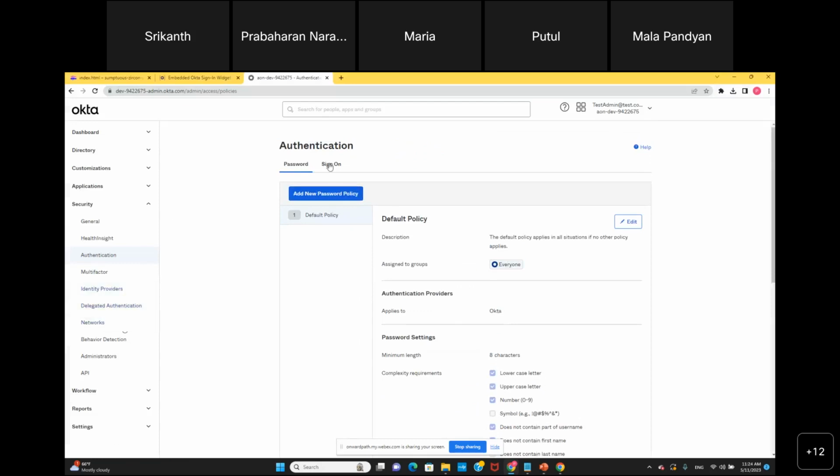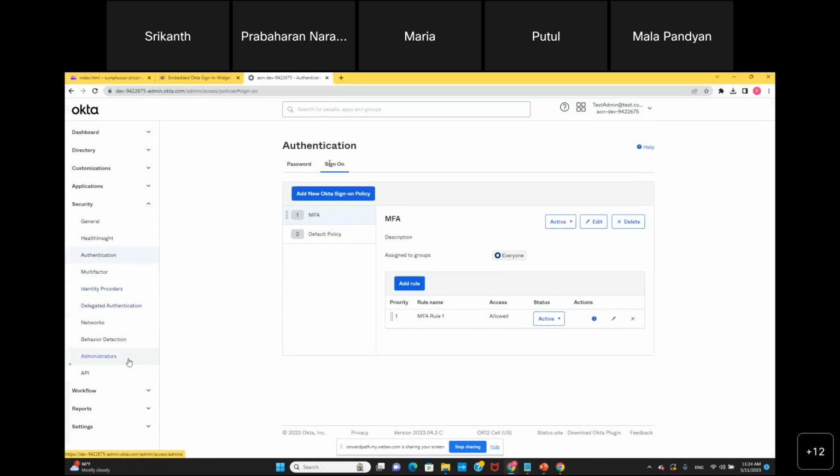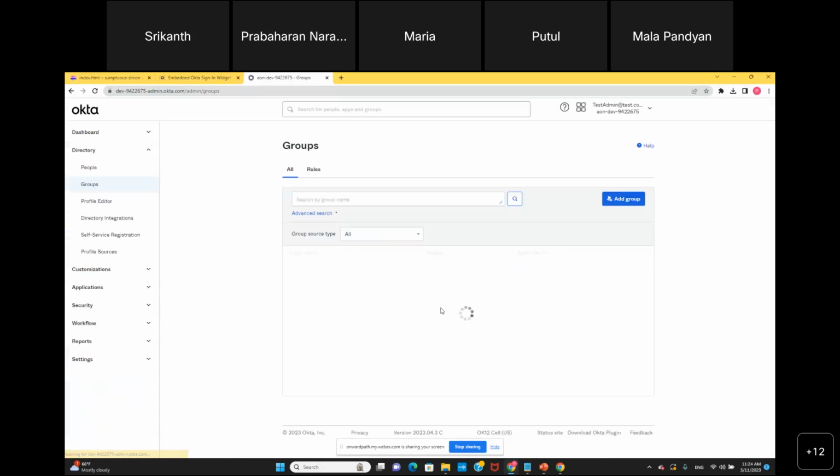The other thing is, the sign-on part we have covered. Next, I wanted to do something called group options. Right now all the users are in one single group called the Everyone group. But if I want to segregate, for example, Onboardpath employees, Onboardpath contractors, and if you want to go further down, each customer's groups, you can create those and associate those users, and set up the restrictions or policies